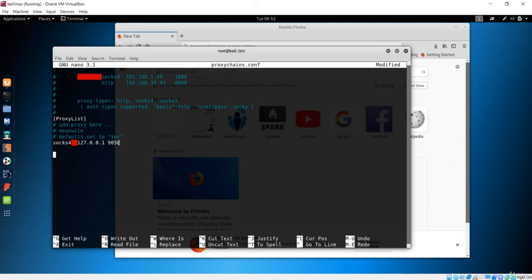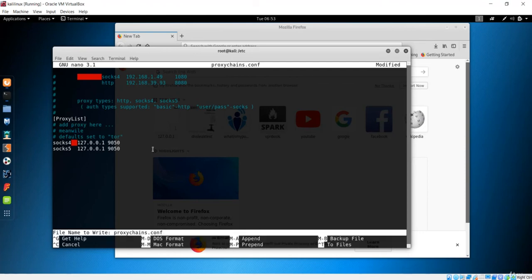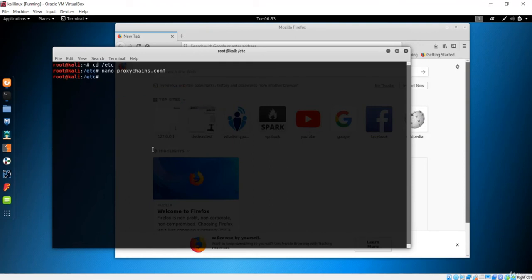So let's go right here and let's add our service in this tunnel. First of all, you have to add SOCKS5, and after that just give one tab so that it goes under the routing services, or basically your local IP addresses. I'll just give the localhost, and the port will be the same as before, 9050. Let me save this. In order to save, simply press Ctrl+O and press enter, then Ctrl+X to exit. Now we have successfully saved our proxy chains and the configuration was successfully done.